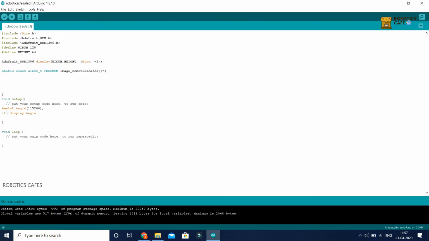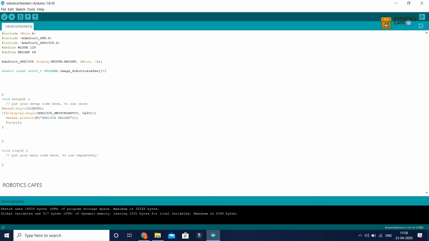Then we will be taking an if statement, and using the not operator we will be giving the following syntax. This syntax means that if the inbuilt boolean variable begin of SSD1306 at the address is not initialized, then it will give the output as failed. Here 0x3c indicates that the content in the variable will be a hexadecimal number. Sometimes, depending on the OLED, you have to change the hexadecimal value to 0x3d, so you have to try both. If 0x3c is not working, you have to try with 0x3d. Now you have to come out of this if statement by passing an empty for loop.